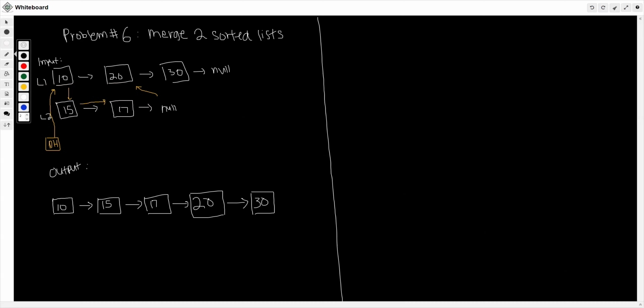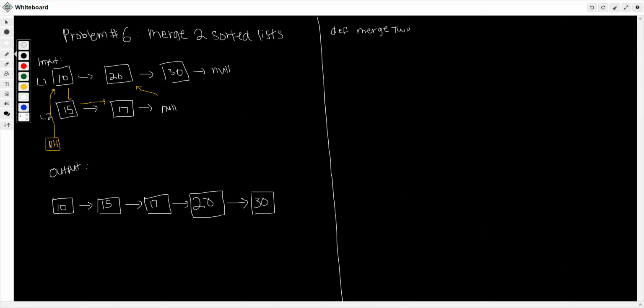And it was a few days ago, so I don't remember exactly what the time complexity is, but I'm pretty sure it's linear, O of n, because we're using two pointers to traverse through. So I'm pretty sure. So define merge